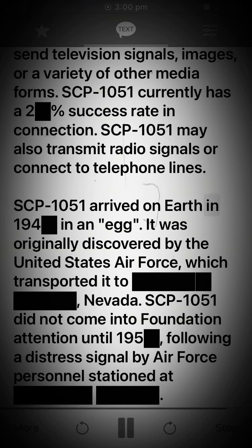SCP-1051 arrived on Earth in 194 in an egg. It was originally discovered by the United States Air Force, which transported it to Nevada. SCP-1051 did not come into Foundation attention until 195, following a distress signal by Air Force personnel stationed at